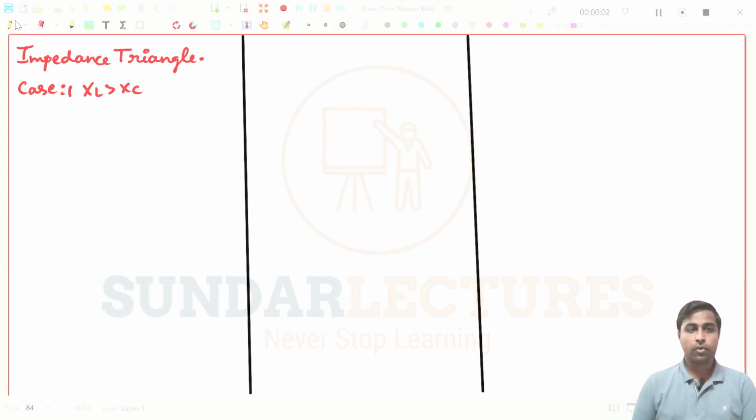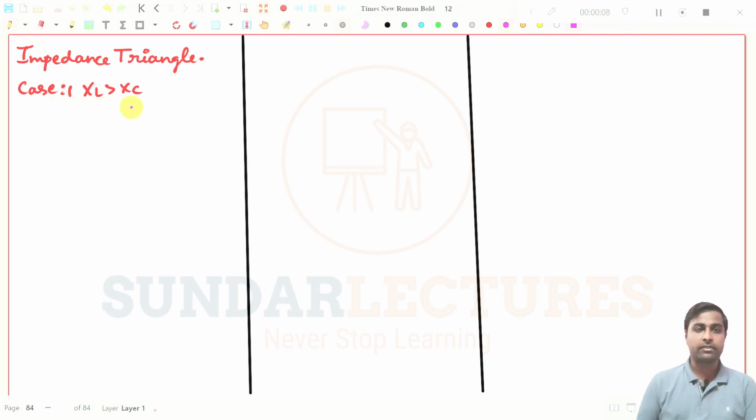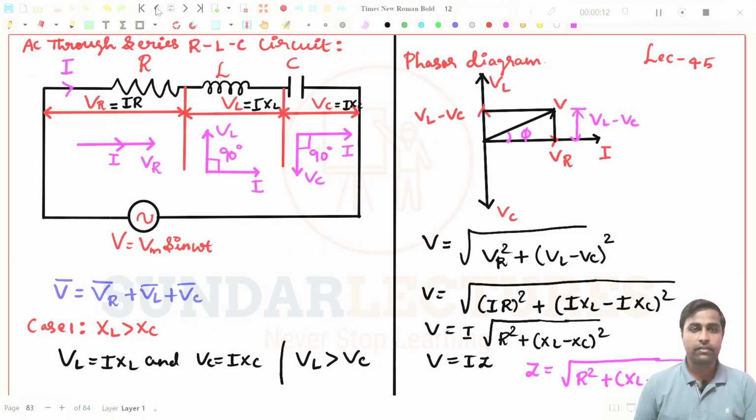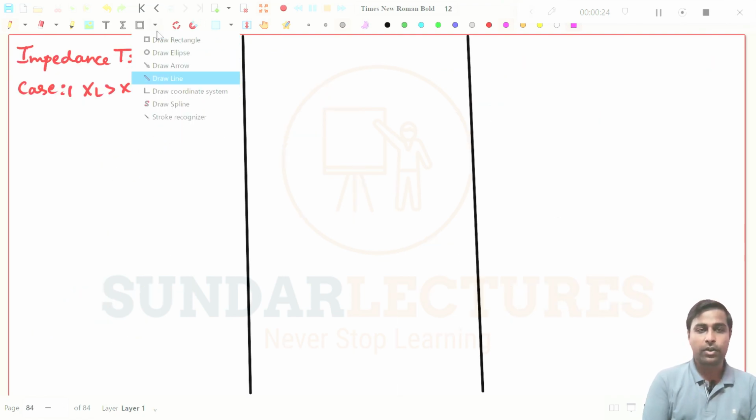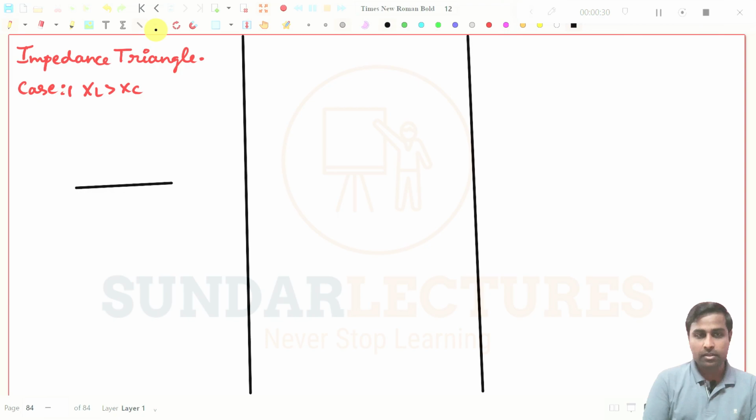So if you are going for the impedance triangle, we will take case 1, where XL is greater than XC, right? So we have seen this one. We have drawn the voltage triangle already. So this is the VR and this will be VL minus VC, right? So you can convert this voltage triangle to the impedance triangle. How will you do this? You have to take this as the R. So we have seen this will be R,